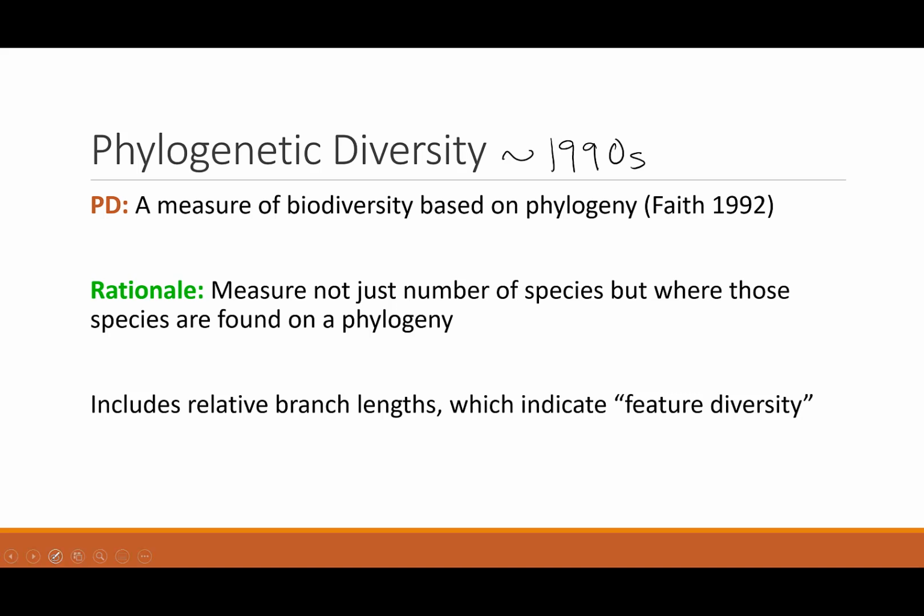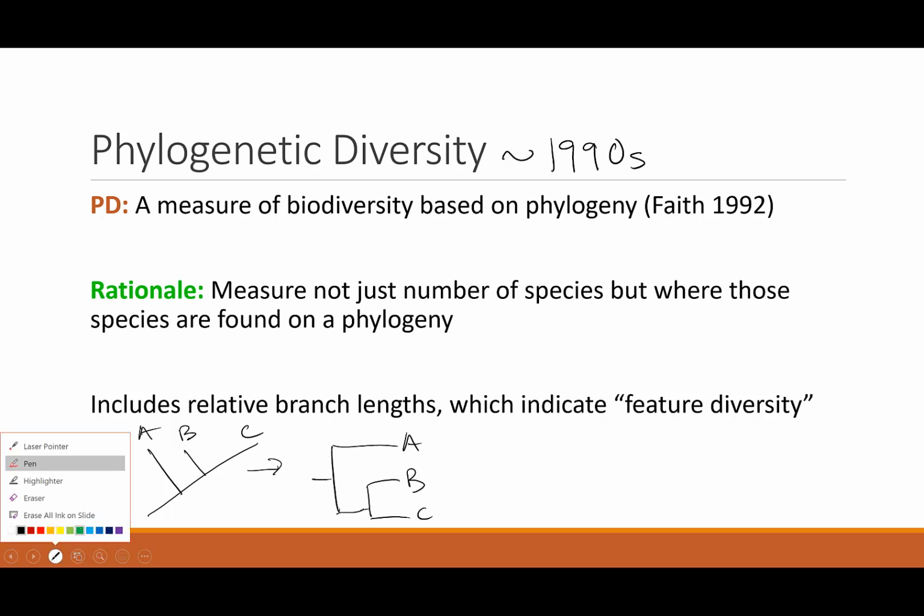So if we assume, I'm going to draw just a branch length. So let's say here's a phylogeny of, say, 3 different species. If we convert this into a rectangular form, so we'll do A, B, and C into a rectangular form. Let's say that we've got A, and then here we've got B and C, which are sister taxa. The general idea is that the longer a branch is on a tree,